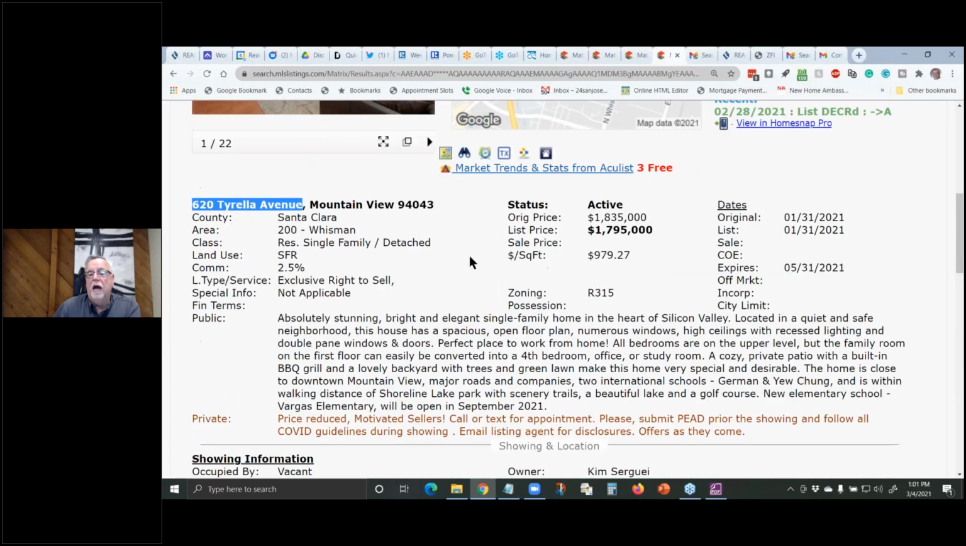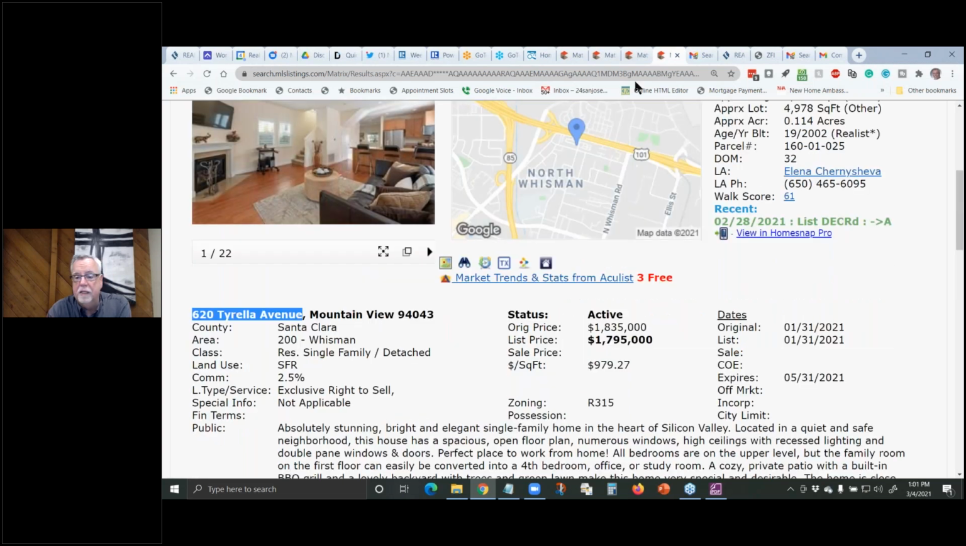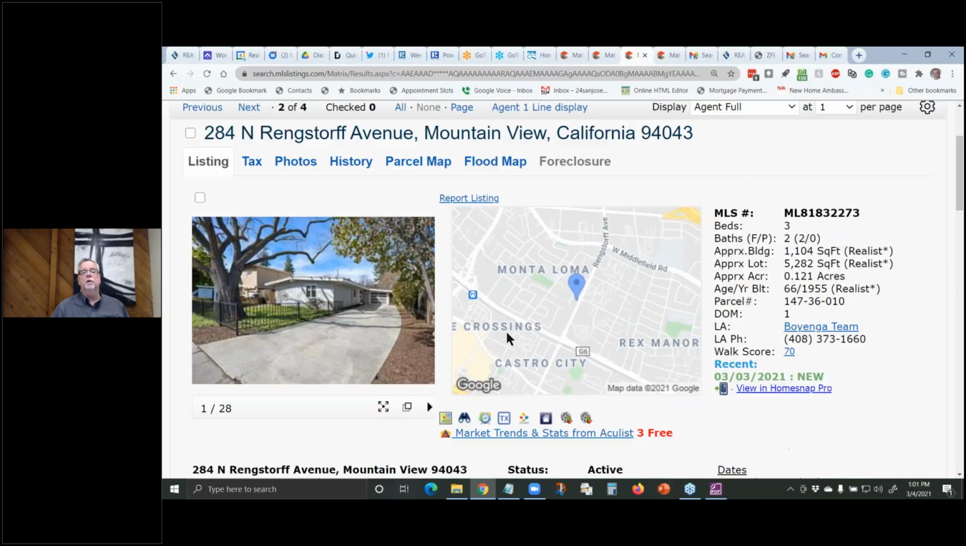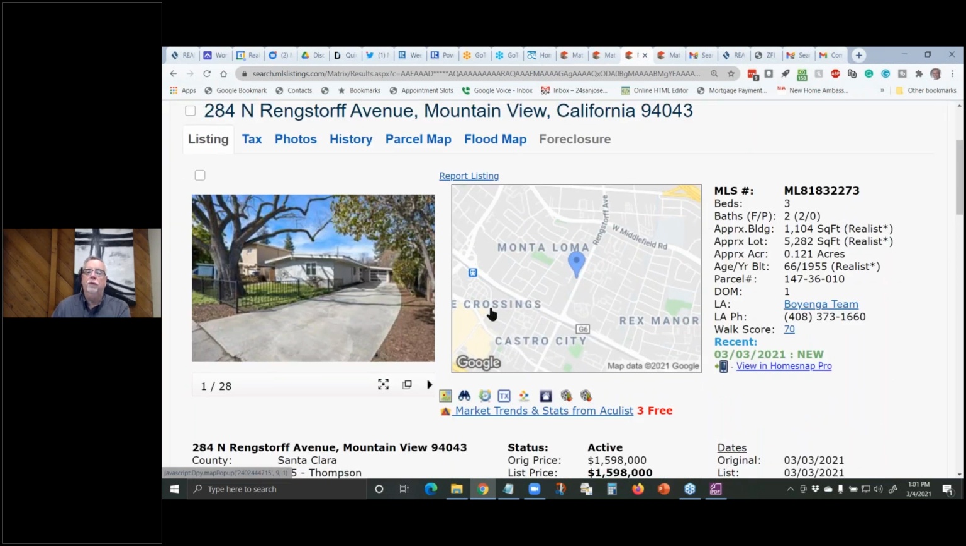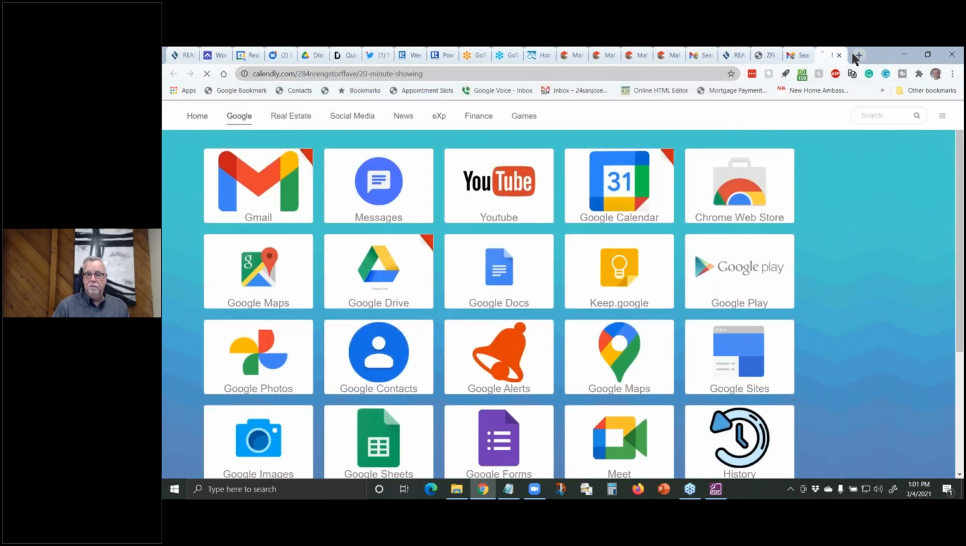So sometimes you have to email the agent. Now, if I'm the listing agent, I don't want to do that kind of work. I want people to be able to just download the disclosures. What's another way? So here's another property we're going to look at. 284 North Rainsdorf. This one's only been on the market one day. I'm kind of surprised about Boyengas because they generally know what they're doing. So this is what I would typically do. This is the CalDRE link. So you paste that